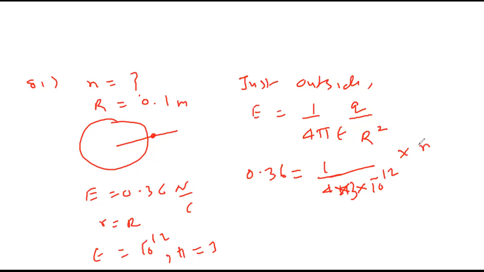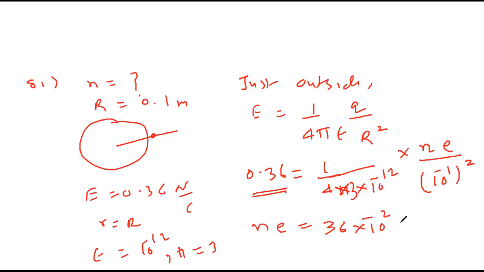Q means N into electron charge, and R is 10 raised to minus 1, squared. So Ne becomes 36 into 10 raised to minus 2 into 12 into 10 raised to minus 12 into 10 raised to minus 2. Therefore, N equals